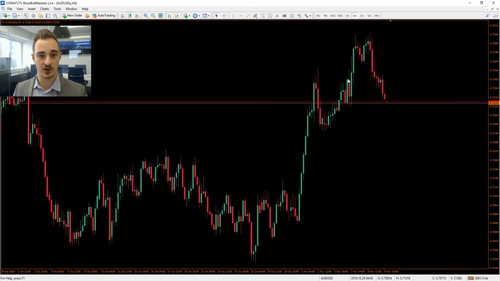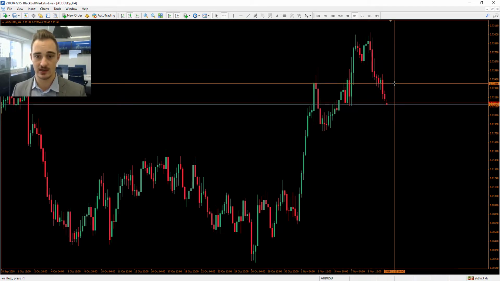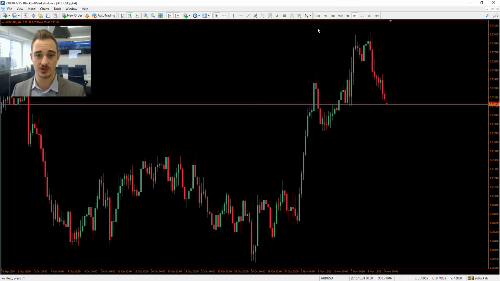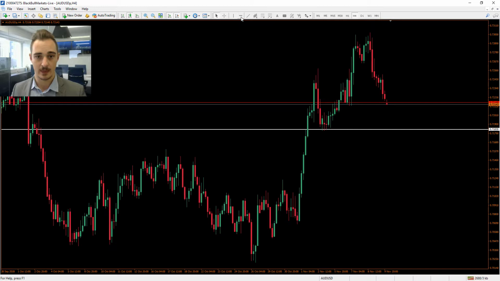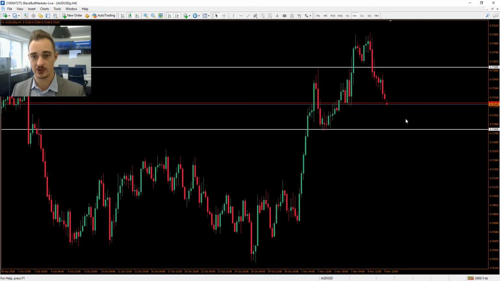So you can see it has broken past this support area. It resisted a little bit there, and then has eventually broken through. So we could look for a potential head and shoulders to form here, this being our neckline, and up here being our shoulder. So you can see a potential move down to here, moving up here, and completing that head and shoulders